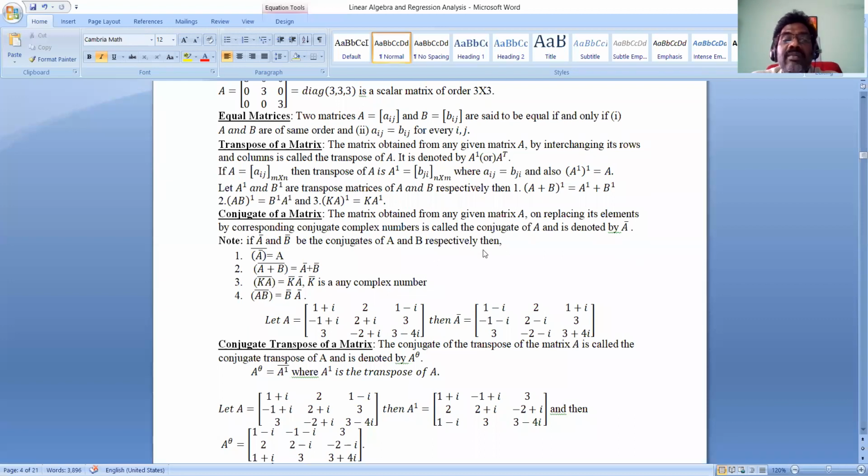Here we come across some basic properties or basic operations on the conjugate of a matrix. If A bar and B bar are conjugates of A and B respectively, then A bar whole bar equals A. And in the same way,